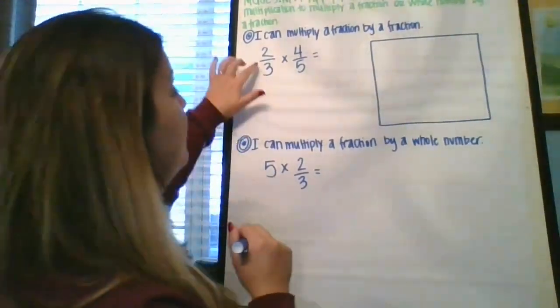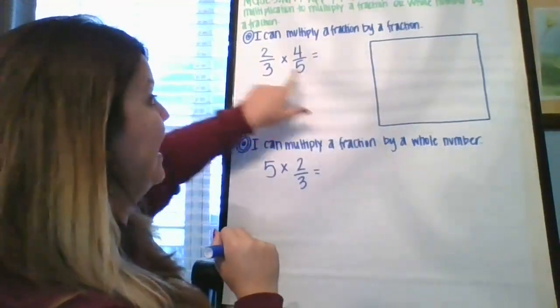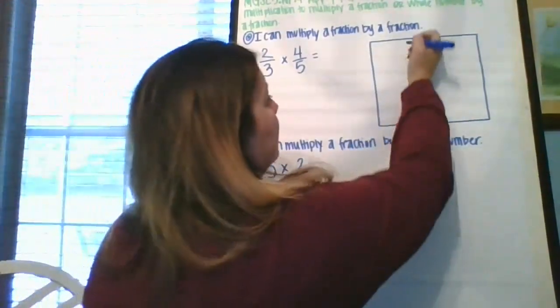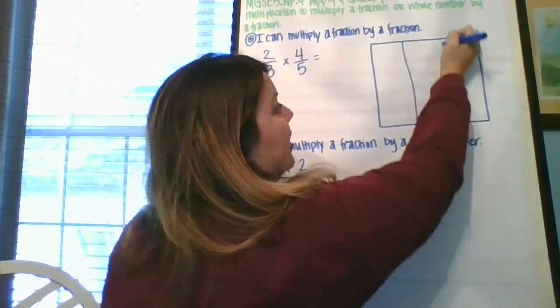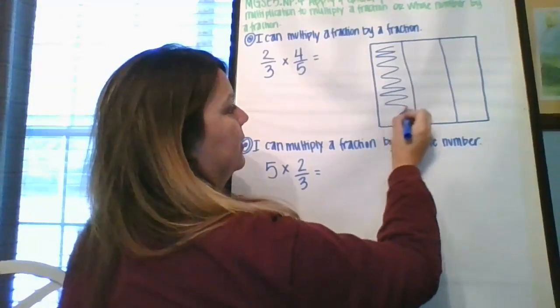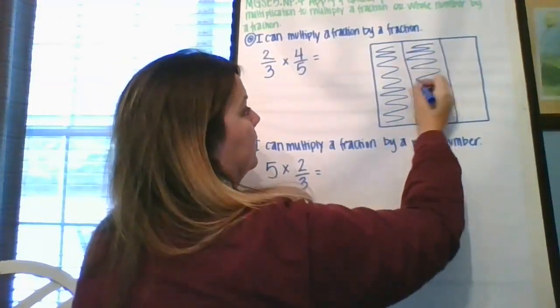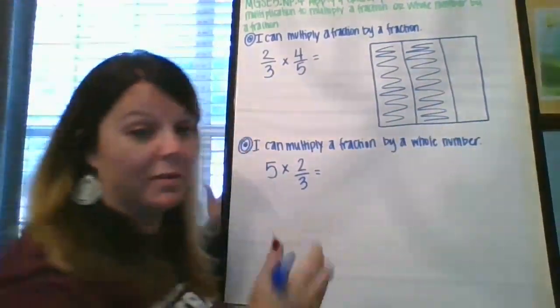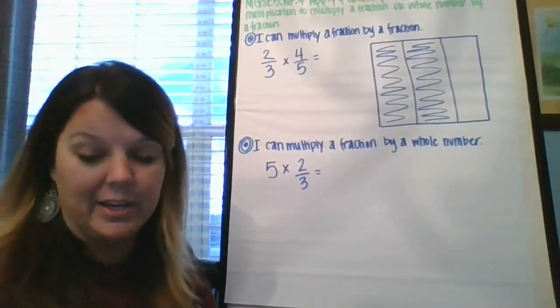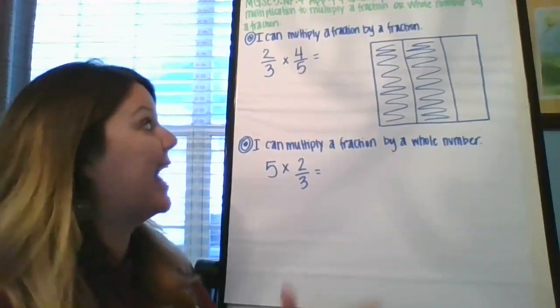Okay, so the first thing I want to do is use this square here to model 2/3. Okay, not anything new. I'm going to cut this into thirds, and I'm going to shade in two of them. All right, so when we multiply a fraction by another fraction, we are essentially only taking a